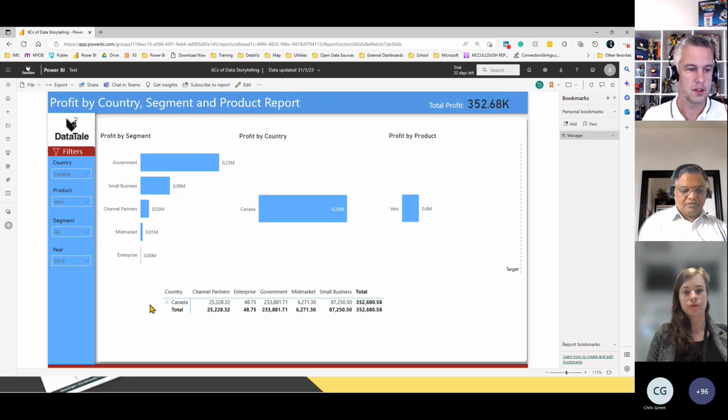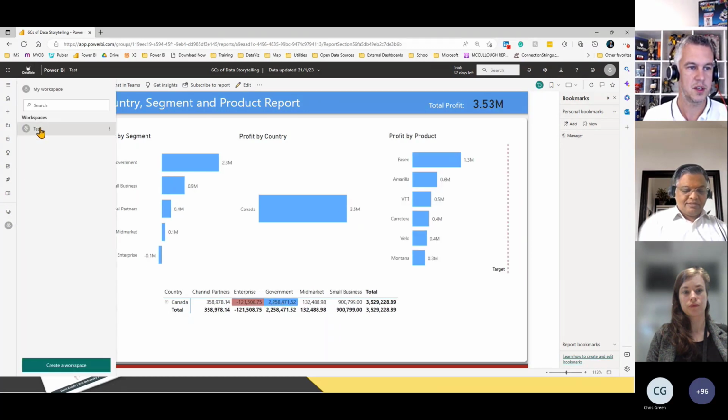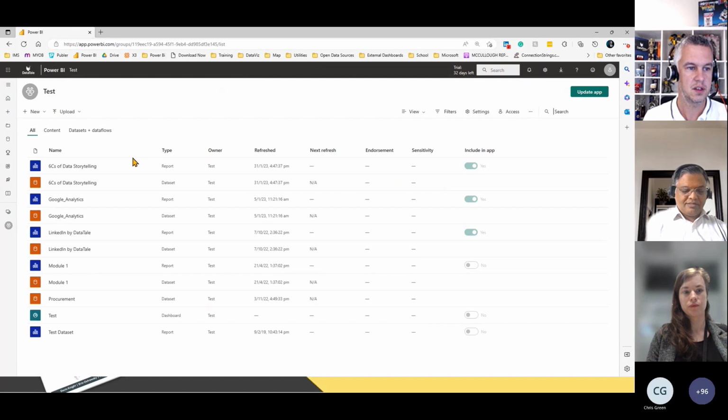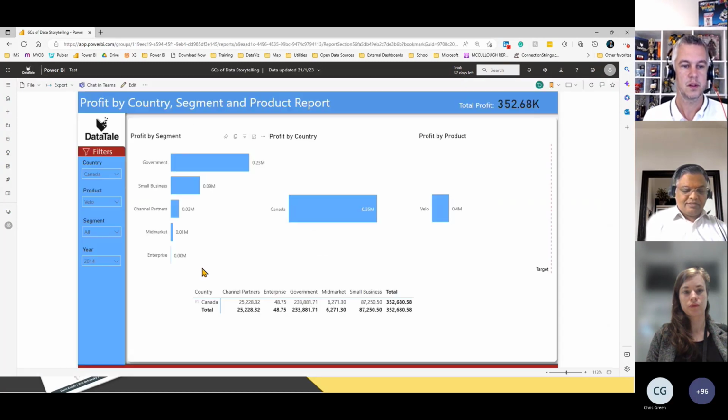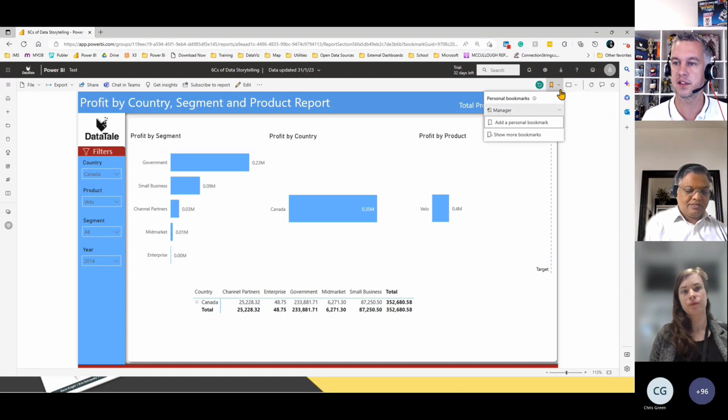So just to show you that it works, if I get out of all this, I'll go back out and jump into my test workspace, open up that report. My personal bookmark has been applied of Canada and the product and the year. So this is really handy, especially when you're handing over reports and you're showing people. I love to show them this functionality because obviously time's precious. We don't want to be clicking multiple things. So that is an option for you that you can set up